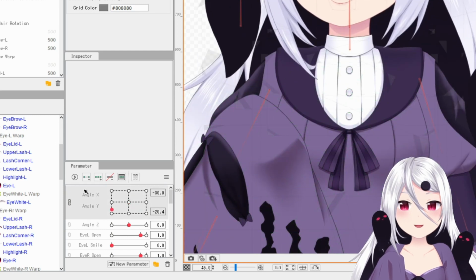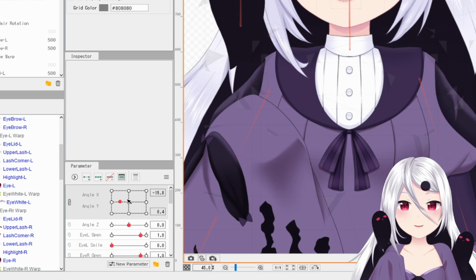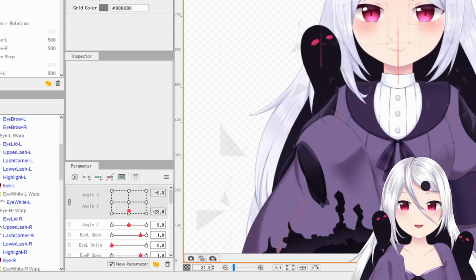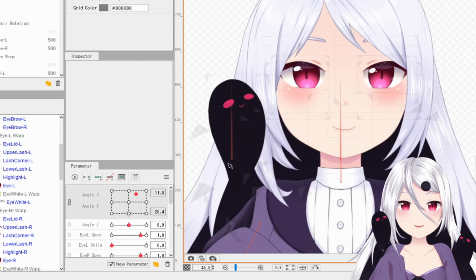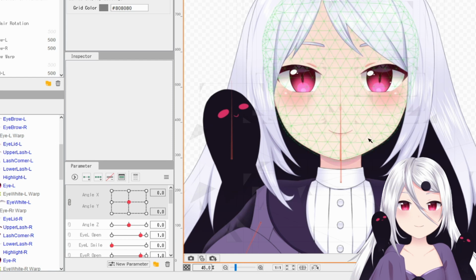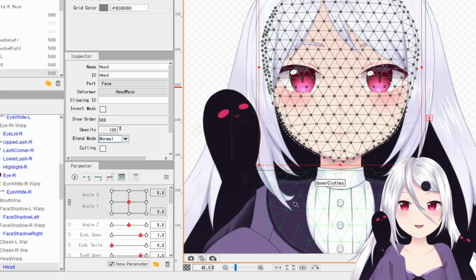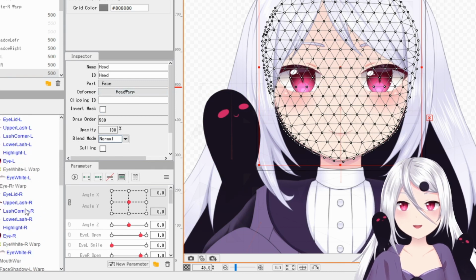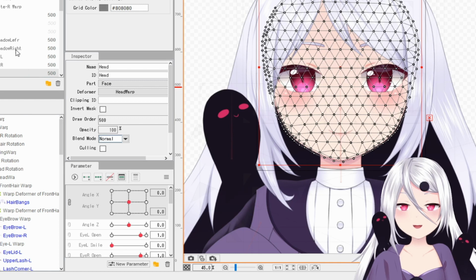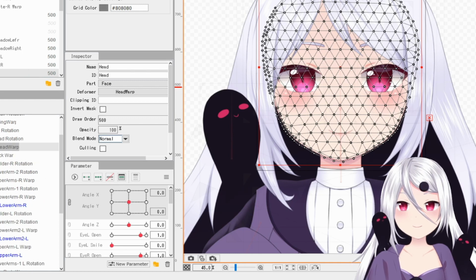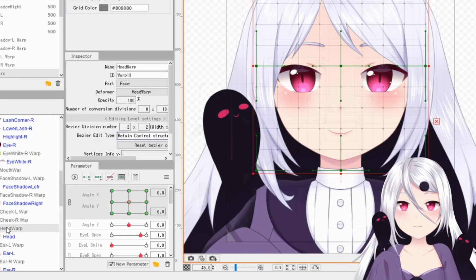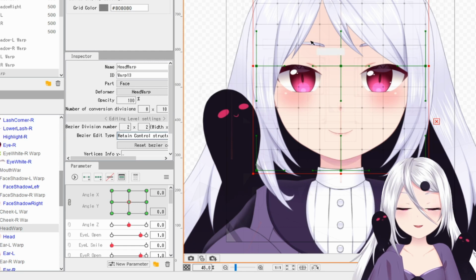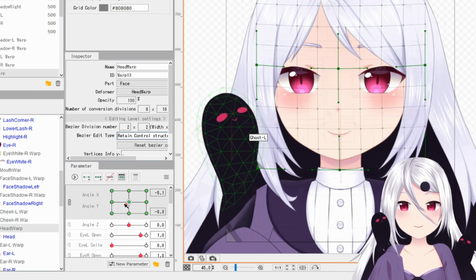As you can see over here on the angles, the reason why my head was able to turn, and I'll just explain a little bit what's going on, is because right over here in the middle, I have my mesh, the warp that is a part of this. Where is my face warp or my head warp? That is the head warp right here. As you can see, this head warp that I made for my head mesh is straight, right? But as you can see,